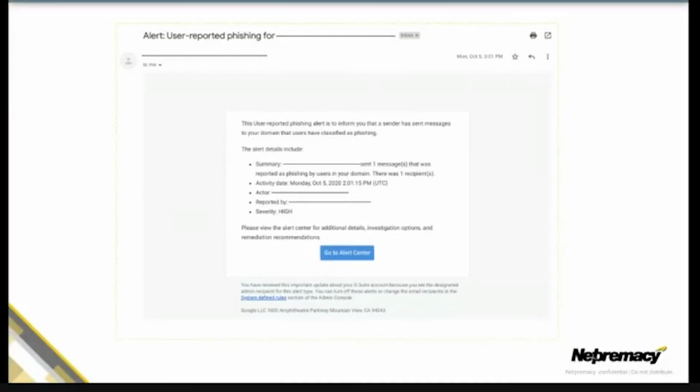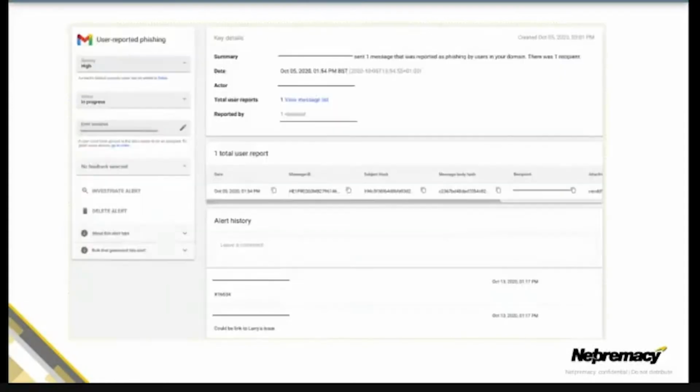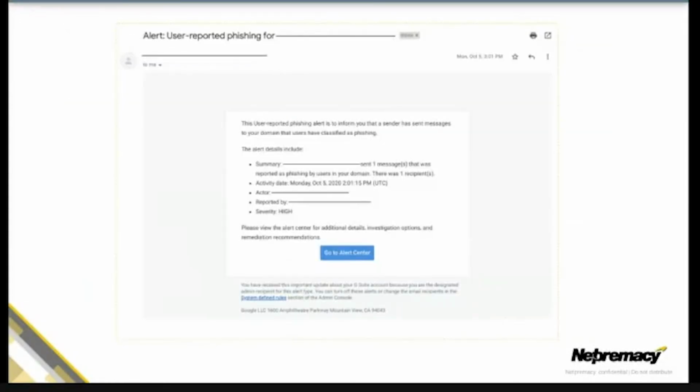a broad visibility of an impending issue, remediate that problem, and also stop a further outbreak. And where we'll start with that is just an alert that's been triggered that you can see here. So this is a potential phishing attempt, which gives us some general information about that attempt. Like this has automatically been assigned a high severity as well. So what we do to actually investigate that is we would click on that Go to the Alert Center button at the bottom just to take a deeper look.